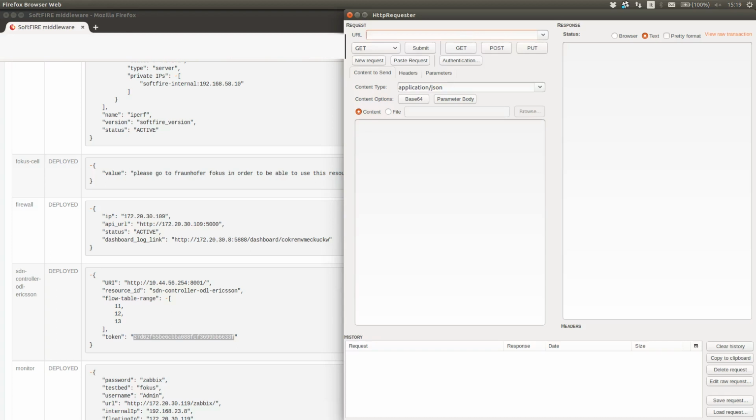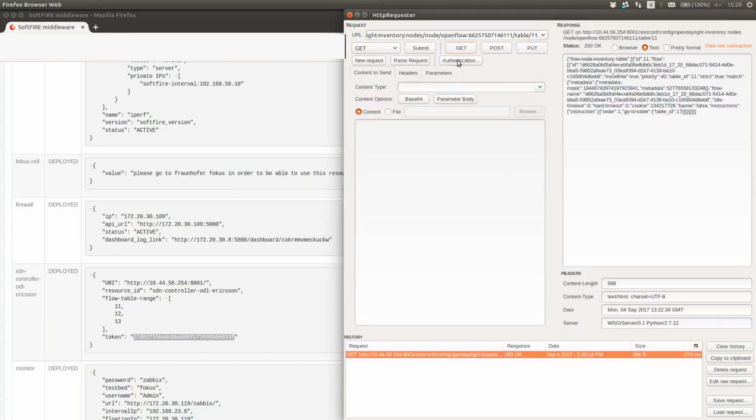and are static. Now once we selected the desired OpenFlow node, we want to perform a GET on the table that have been assigned to us. So we put all the URL with the name of the OpenFlow node, as you can see, and the number of the table. In this case, we'll select the number 11 and we'll put at the end of the URL. Then, trying a GET in the answer, we'll see the details about the table of the SDN controller with the